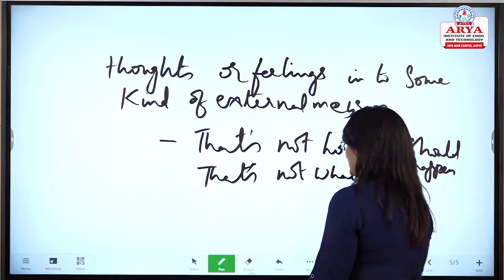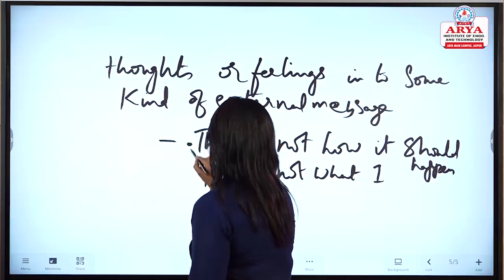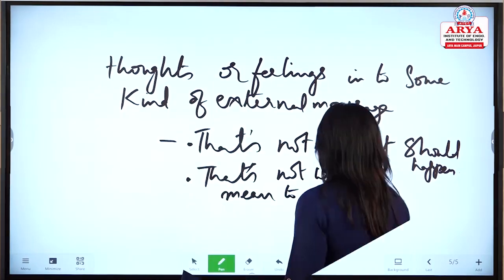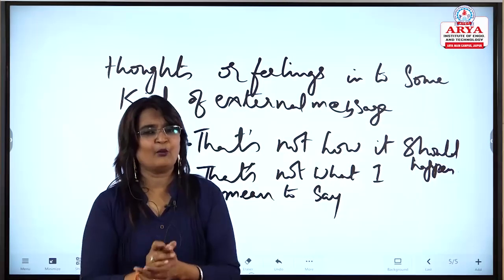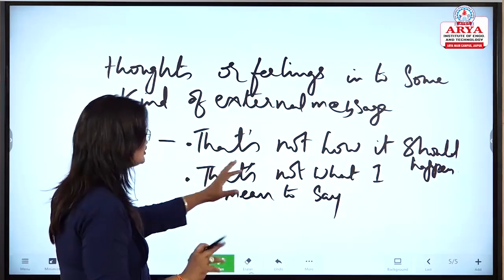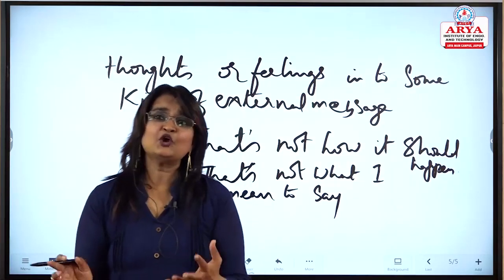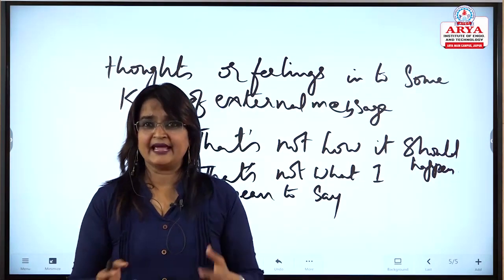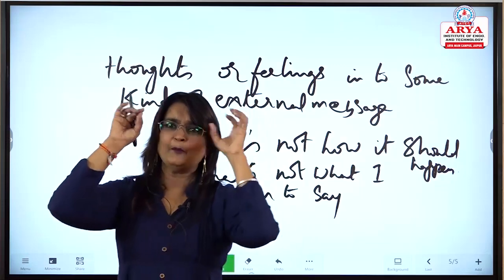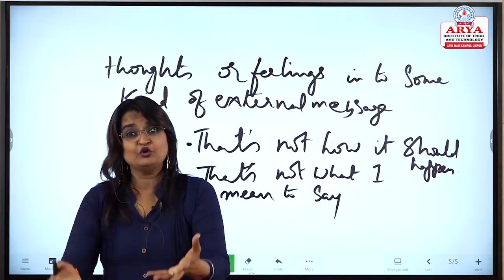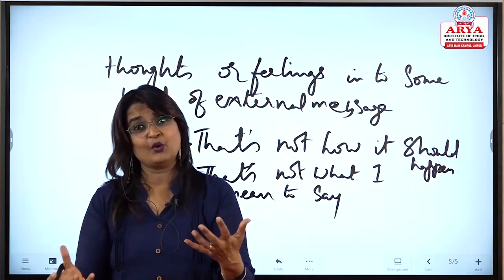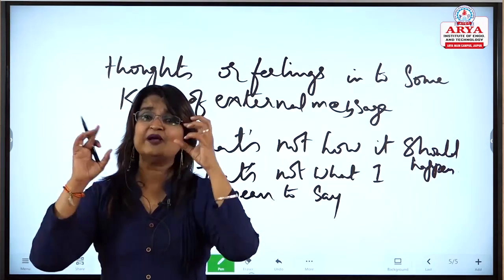So again, if I say, that's not what I mean to say, there is a question popping up in your mind. So what do you mean to say? So exactly what is the thing? Multiple questions again